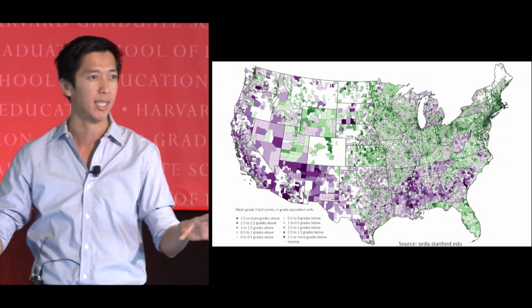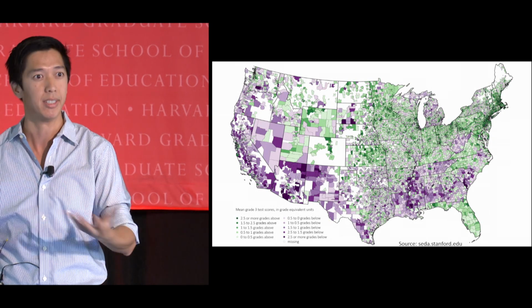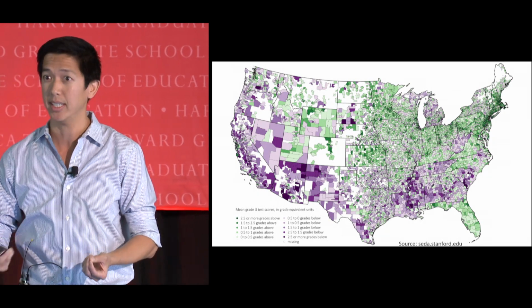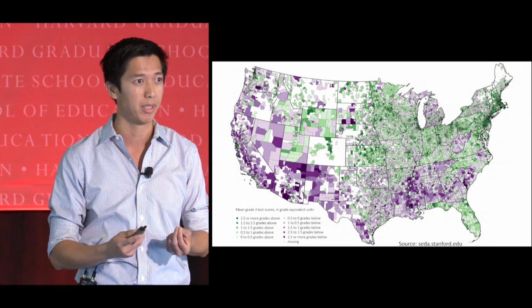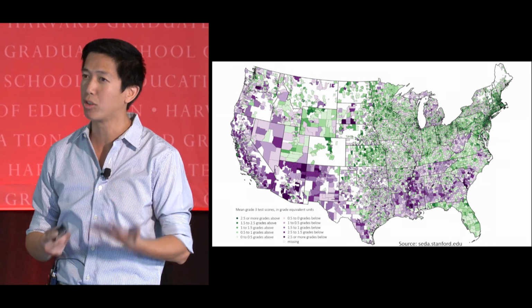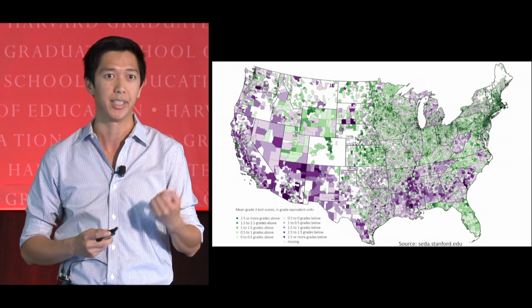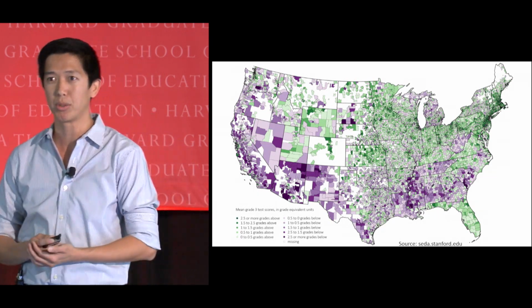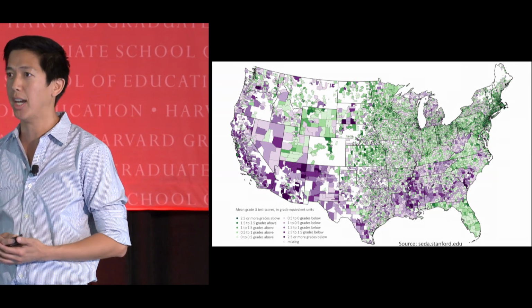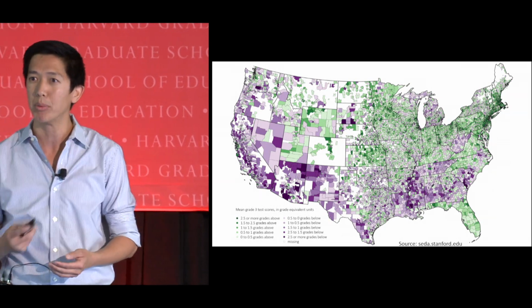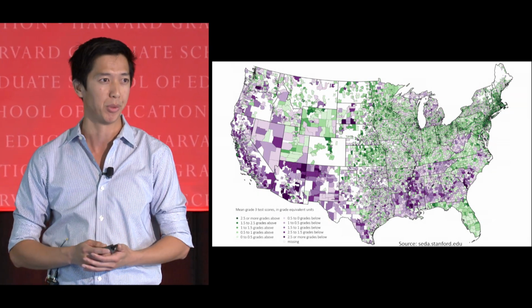Now, that does not mean that 3rd graders and 8th graders are indistinguishable. But what it does mean is that when it comes to their tested performance in reading and mathematics, there's 5 grade levels of difference on average across districts in the United States. And this immediately raises questions about how educational opportunity is distributed in this country and what we can do about the massive gaps that we see here.